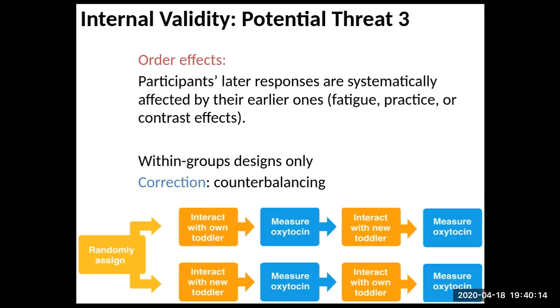But we did have to worry about the order in which they saw the lists, because we don't want what we call order effects. We don't want it to be that the people did better on the N list because they saw it first, or they did worse on the I list because they saw it second, or something like that. That's why we counterbalance. If half of them saw N first and half of them saw I first, then the order in which they saw them could not be a factor. That's how we control for it. So order effects are